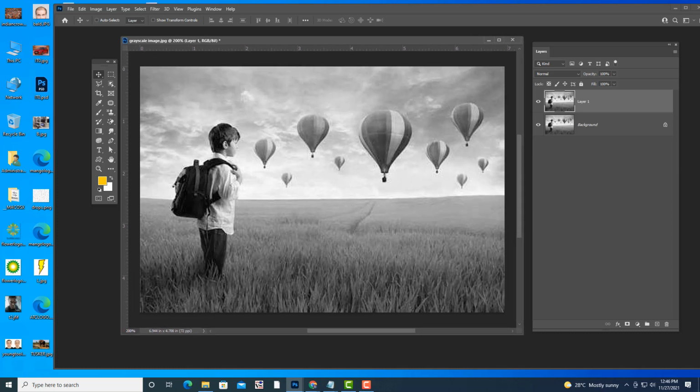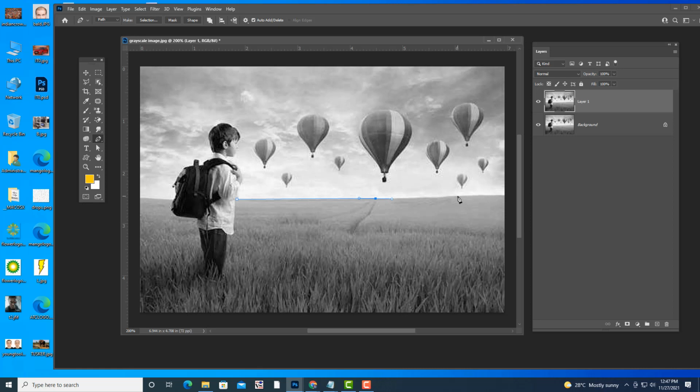So what I am going to do is, first I am going to start with this grass. I am going to select the pen tool and select only the grass. Like this, we have to first draw a selection with the pen tool.